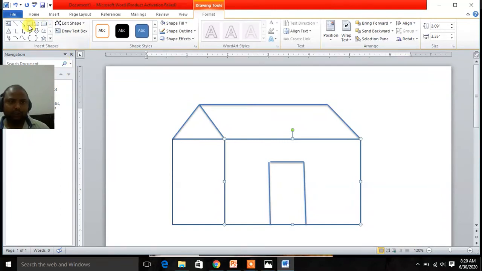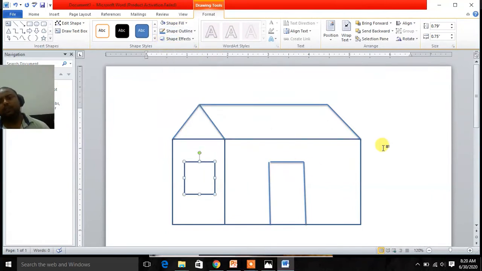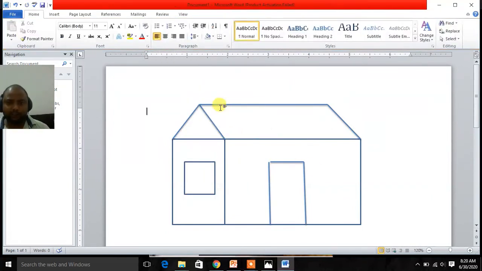You can choose the thickness as per your convenience and draw a rectangle and just click on shape fill and click on white color, and various things are given over here.